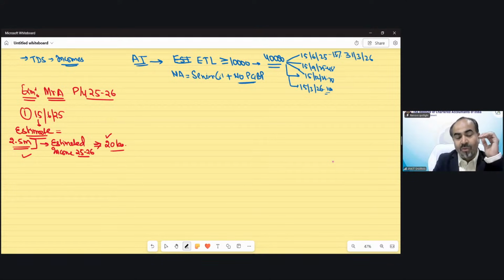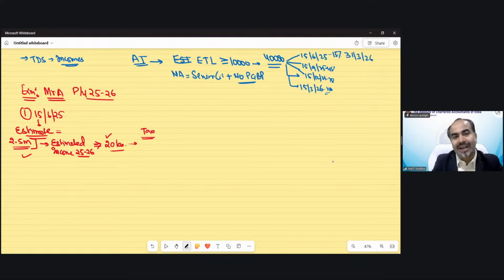So you need not bother about it. Okay. What do you need to bother about? You should know how to calculate tax. Now suppose this is 20 lakh rupees normal total income, and now you need to calculate tax on it. For the purpose of a practical situation, estimation is difficult. But for the purpose of examination, you consider this estimated income as the actual income. How does it matter? On this 20 lakh, you calculate tax. So you should know how to calculate tax on income. This is the main thing.